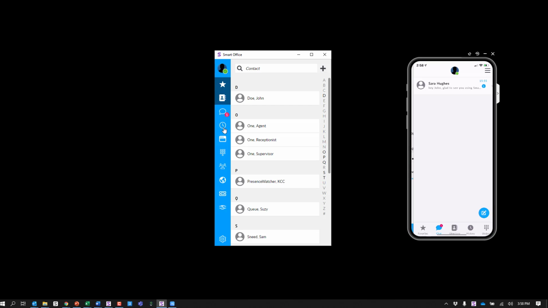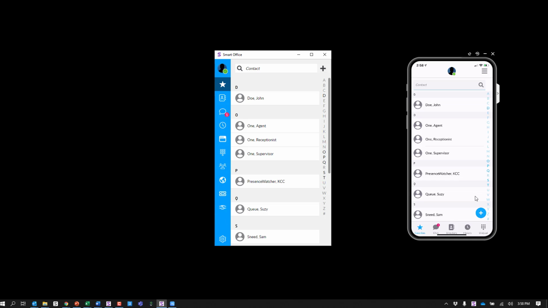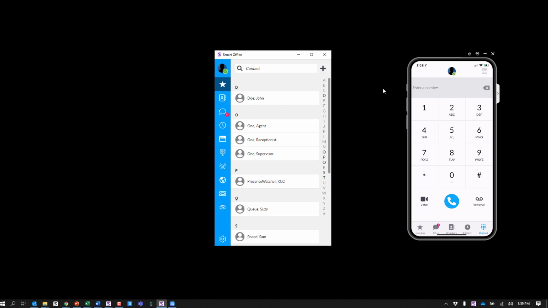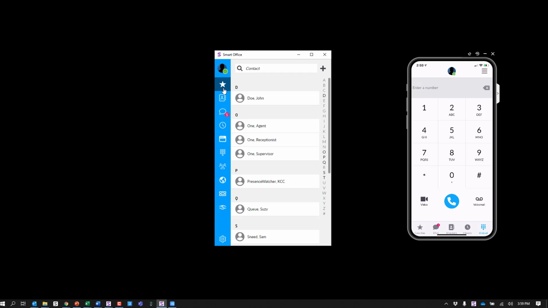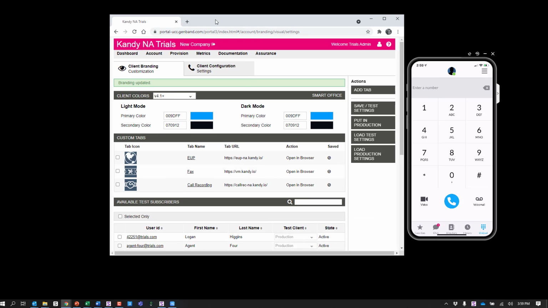On the left-hand margin of the desktop client, there's a contrasting color of a darker blue and a lighter blue. Within the mobile client, there's a lighter blue here against a white background. And as I scroll through the screens, you'll be able to see similarly the same thing. Okay. So what we can do in the administration is going into